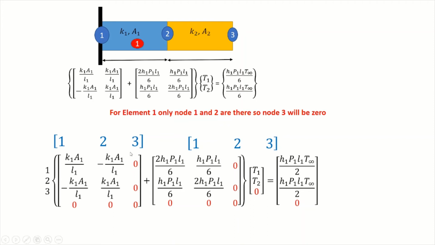So if you see, we will break down the problem into simpler terms. If we are considering only element 1, what will happen? Node 3 is not at all there. Node 3 is not included, so I have substituted this part of the matrix by 0. Why do I consider 3 cross 3? Because our elements are 2, our nodes are 3. So we will have a 3 cross 3 matrix.